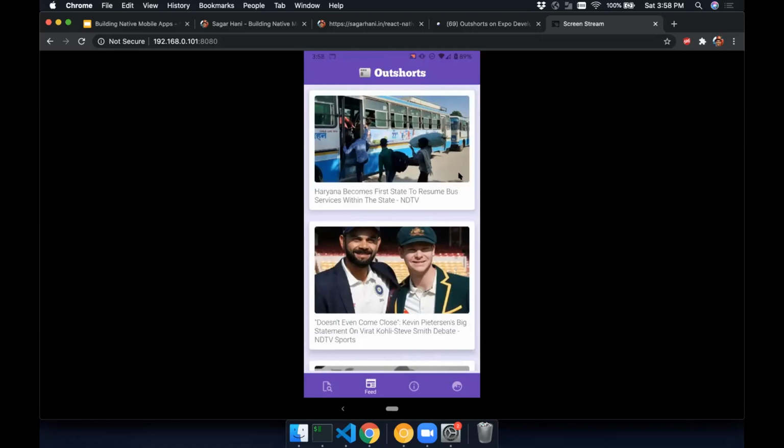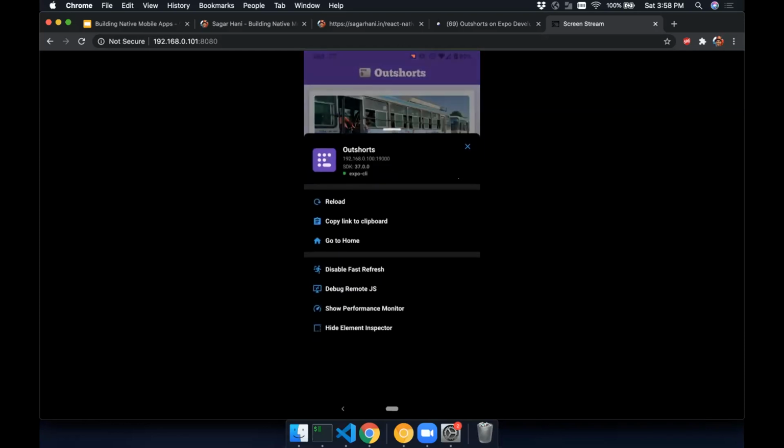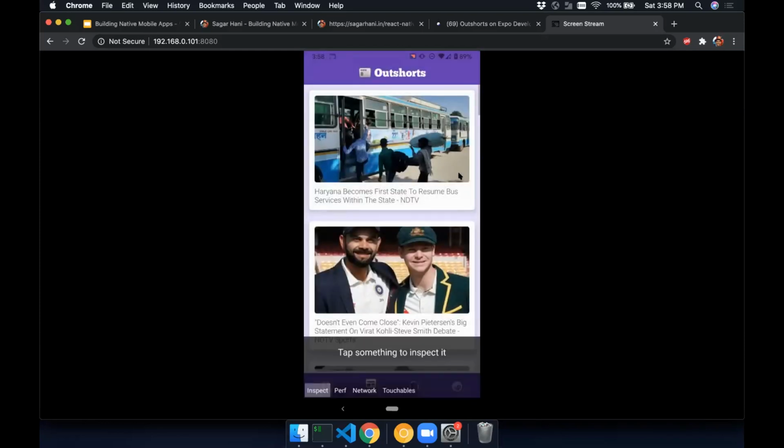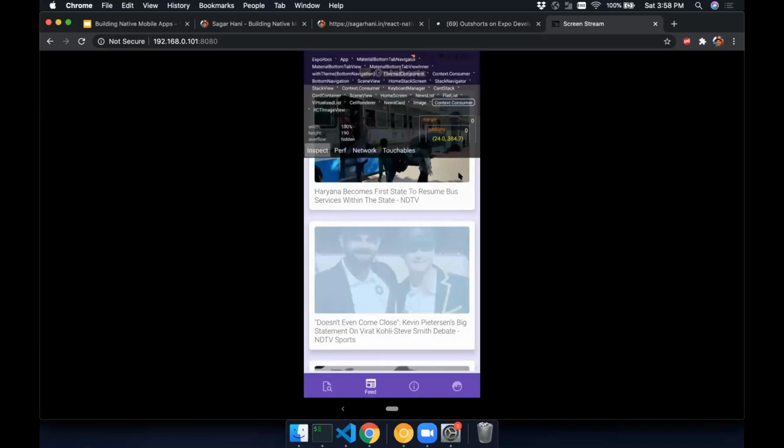To debug this application, just like how we have developer tools on Google Chrome or any other browser, we get developer tools within the Expo SDK itself. To open the developer tools, I just need to shake my phone. I get these options. At the bottom, I can see show inspector, and I can tap on these elements.